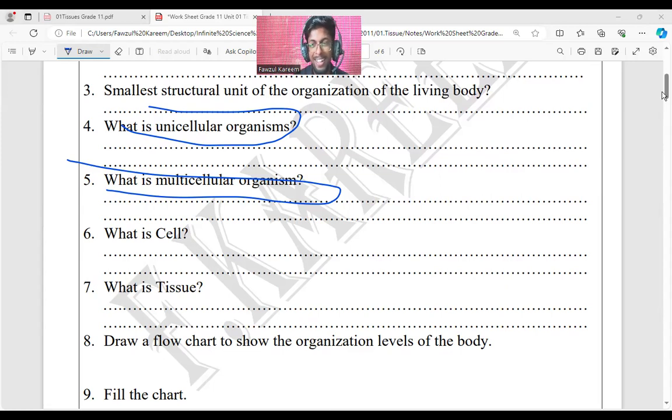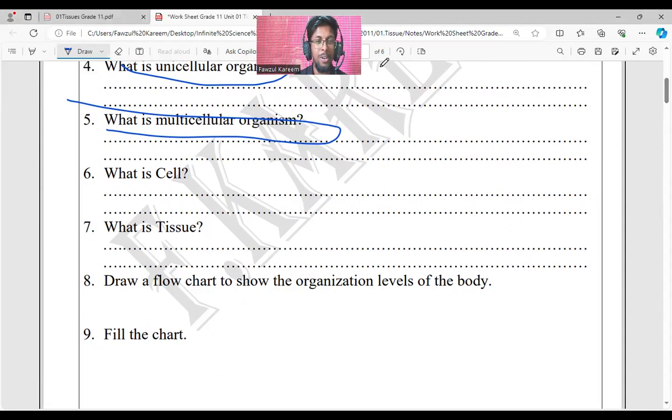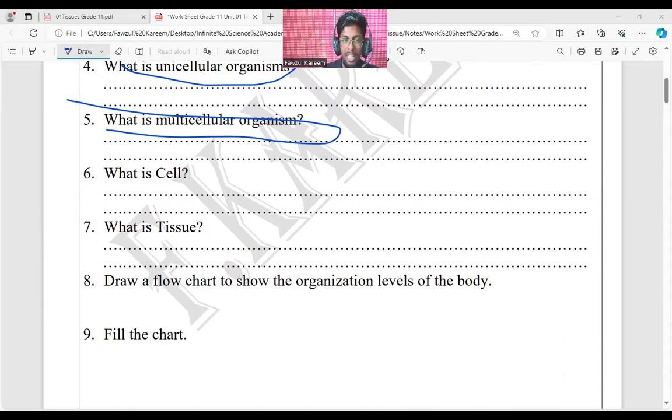Clear? Clear, and so now you can, right? Because in a direct class I can see your face and understand whether you got it or not. But this is a virtual class. I can't see whether you understood or not. So you only have to tell me whether it is clear or not, right?